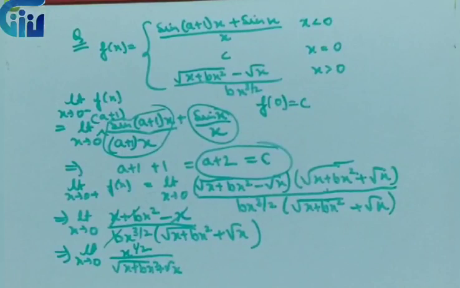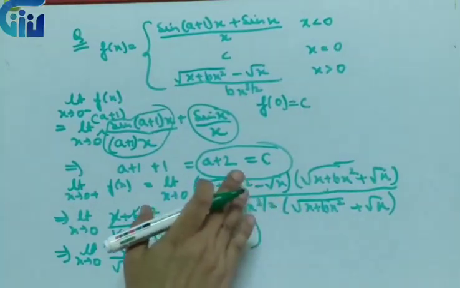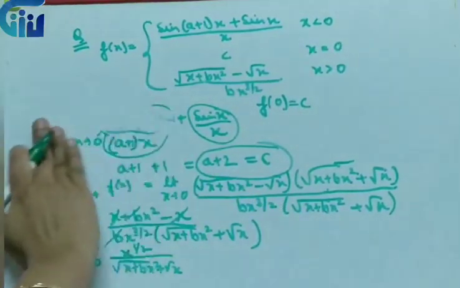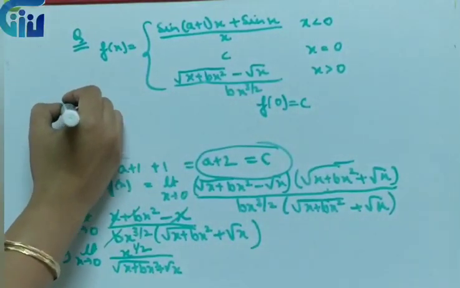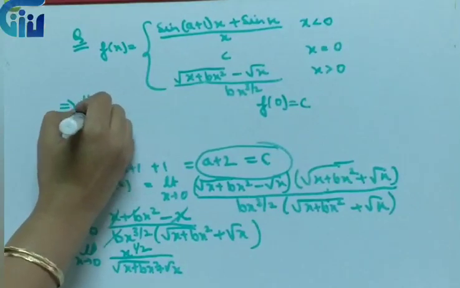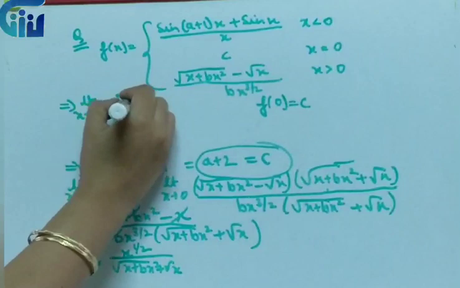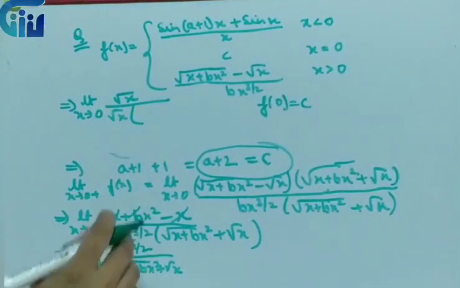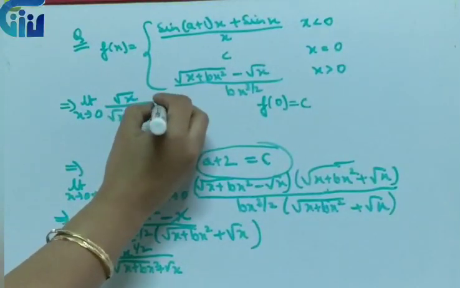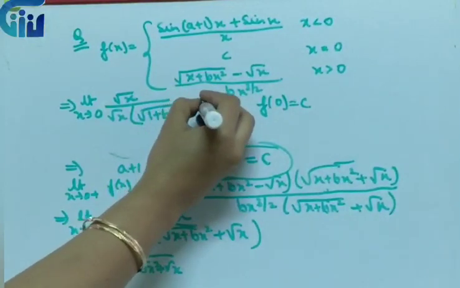Now what we will do? We observe we have x to power 1 by 2 in the numerator, so we will take root x from the denominator. Just let's do it over here. I'll just take root x common from the denominator. So it will be limit x tending to 0. We will have, I can write it as root x. If I take root x common from the denominator, let's see what I'll get. X common. So it will be within square root 1 plus bx plus 1.